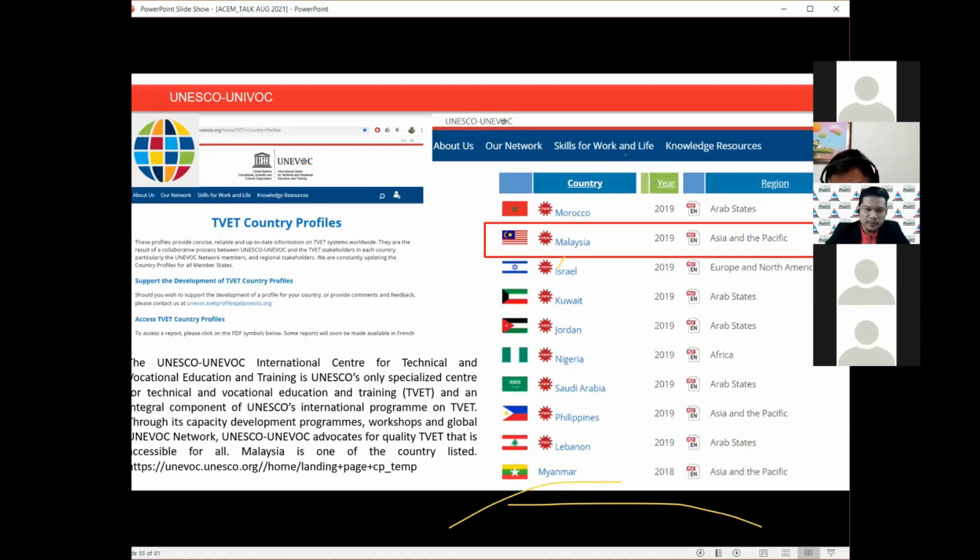Meaning that if people coming from Myanmar get their own certificate from Myanmar government agencies through TVET, level 4 for example, we know that TVET level 4 in Myanmar in construction supervision is similar to our construction site supervision, CSS level 4, in Malaysia. So that is the general idea.